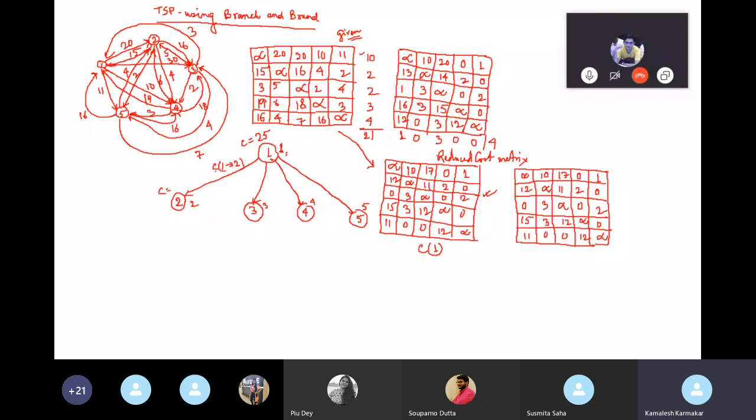So if you start from vertex 1 and move to vertex 2, then all the elements in this row and the corresponding column will be set to infinite. If we set these values to infinite, then